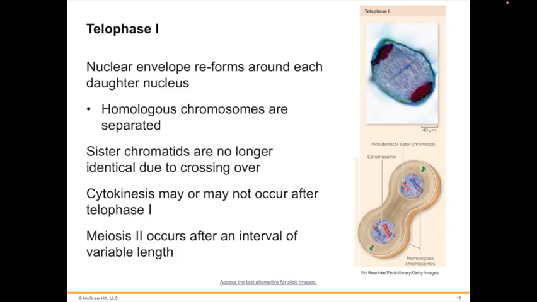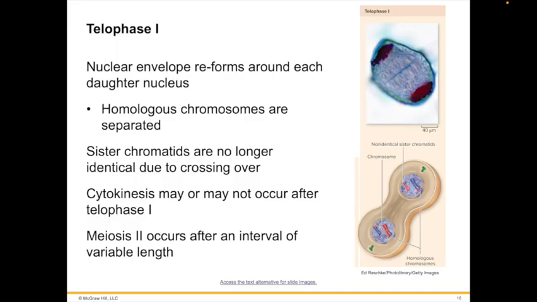By the beginning of telophase 1, the chromosomes have segregated into two clusters, one at each pole of the cell. Now the nuclear membrane reforms around each daughter nucleus. Because each chromosome within a daughter nucleus had replicated before meiosis 1 began, each now contains two sister chromatids attached by a common centromere. Note, the sister chromatids are no longer identical because of crossing over that occurred in prophase 1. As you will see, this change has important implications for genetic variability